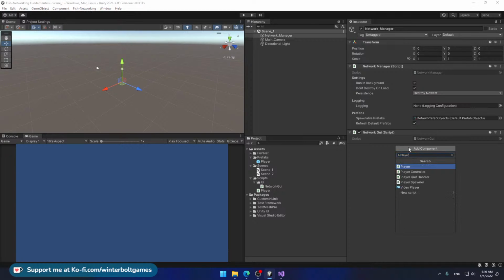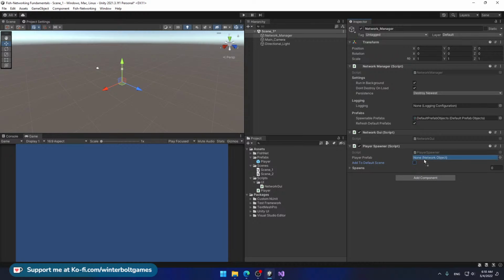So let's go here and say player spawner and click here. The player spawner component is simply a component that allows you to spawn a player object when the server starts, or when the client connects, okay? In Fish-Networking, you don't need to have a player object, okay? You can simply have connections and interact between them using broadcasts, but it's there for people that require it, okay? And we're going to use it. So let's untick the add to default scene checkbox here, and let's drag the player prefab into the player prefab field, okay? Now if I enter play mode